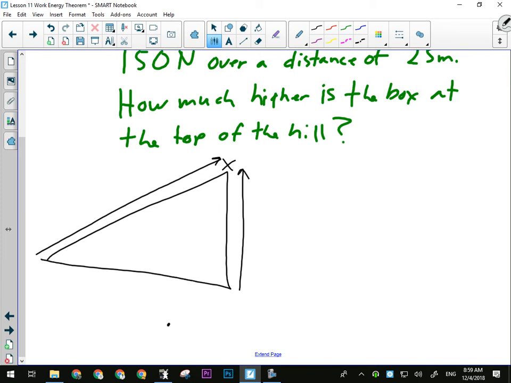What makes a ramp useful is that I don't have to exert as much force going up the ramp as I do to lift it to the top. Because if you recall, work is a change in energy. In this case, we're talking about a change in potential energy because we're changing the height of the object. Everyone okay with that? So this number is the same regardless of whether I lift it or push it up the ramp. What's different are these two numbers,